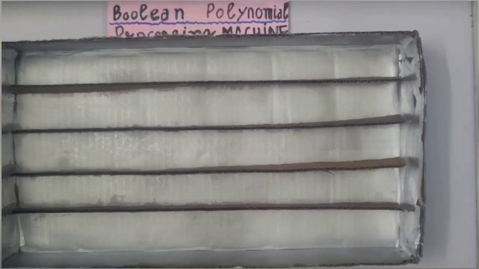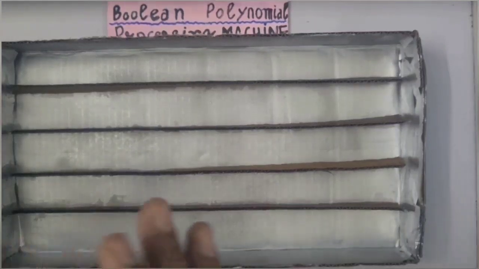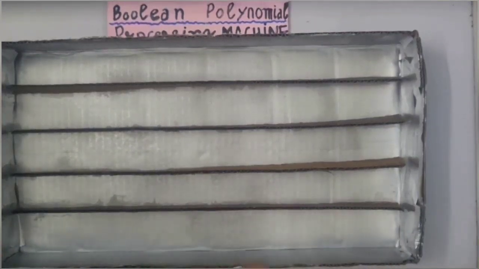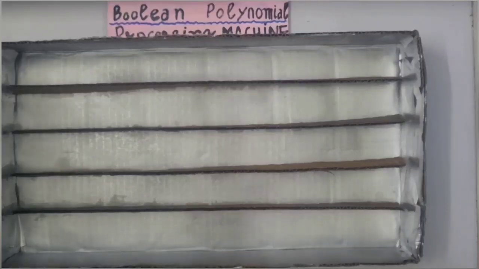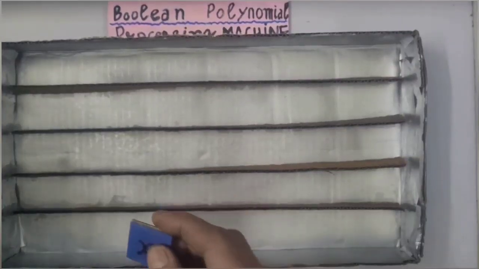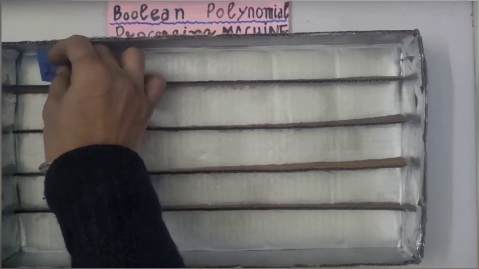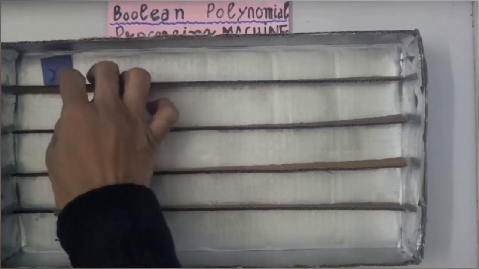Now, as I said, the Boolean polynomial function can be thought of as a sort of system consisting of a processing machine which takes in input and which gives output. So, the Boolean polynomial which we had taken was x y x plus x dash y x plus x y dash x dash. So, this is the Boolean polynomial that we had taken, and I am going to take my Boolean polynomial p